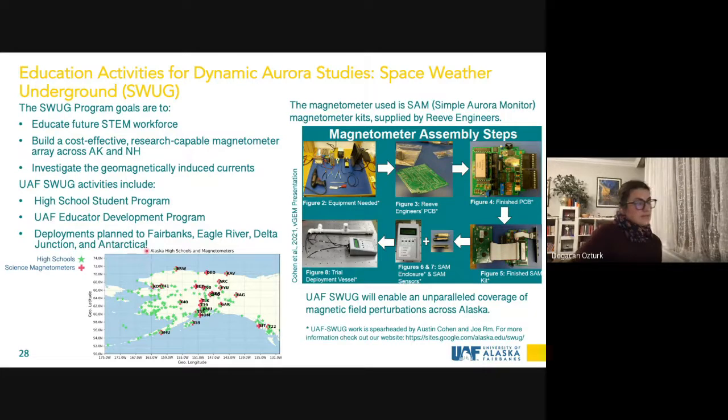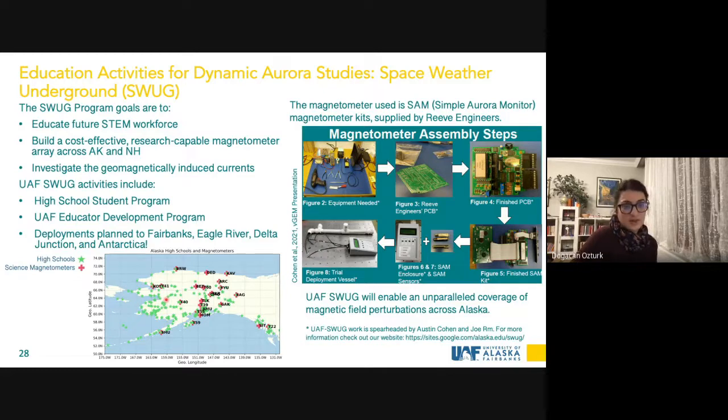You can see why it's really important, because here we are showing the science grade magnetometers across Alaska. And remember, Alaska is very big. You can see basically through the west of Alaska, which is on native land, we do not have any science grade magnetometers. But the green stars show the high schools across Alaska, and this means that at these regions